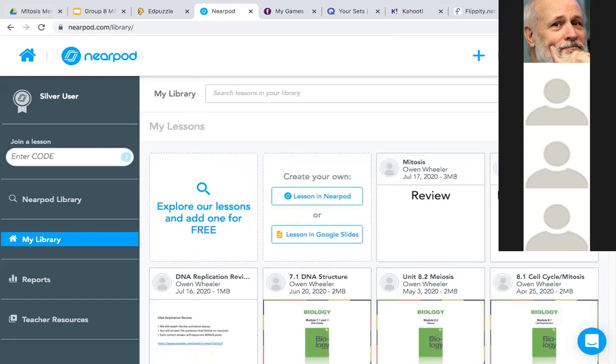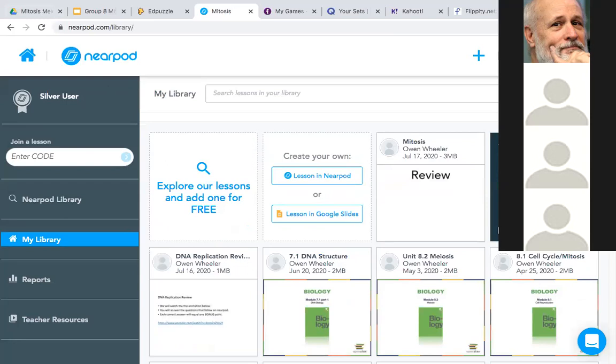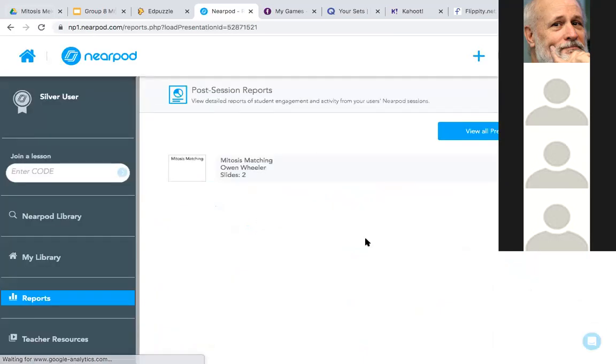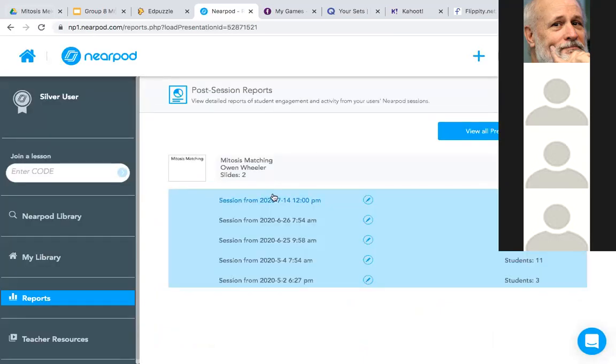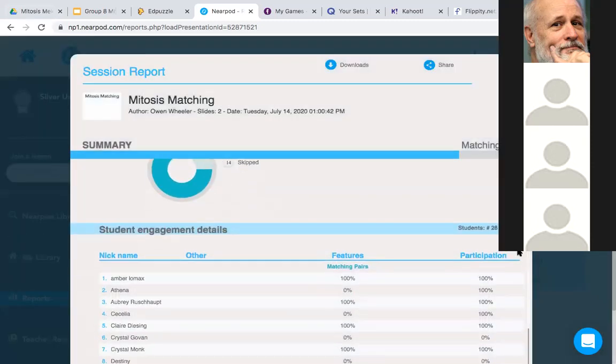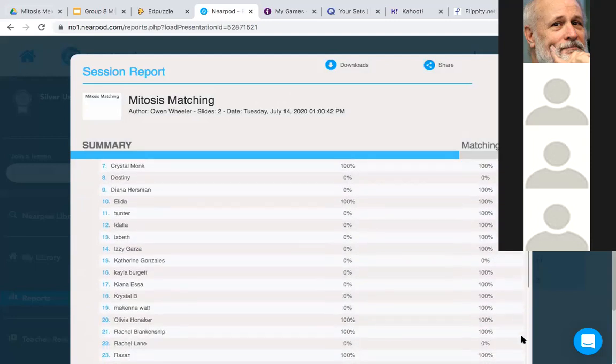Okay. I have this mitosis meiosis matching right here. And so what the report looks like is you can see how many each student got right. Okay.